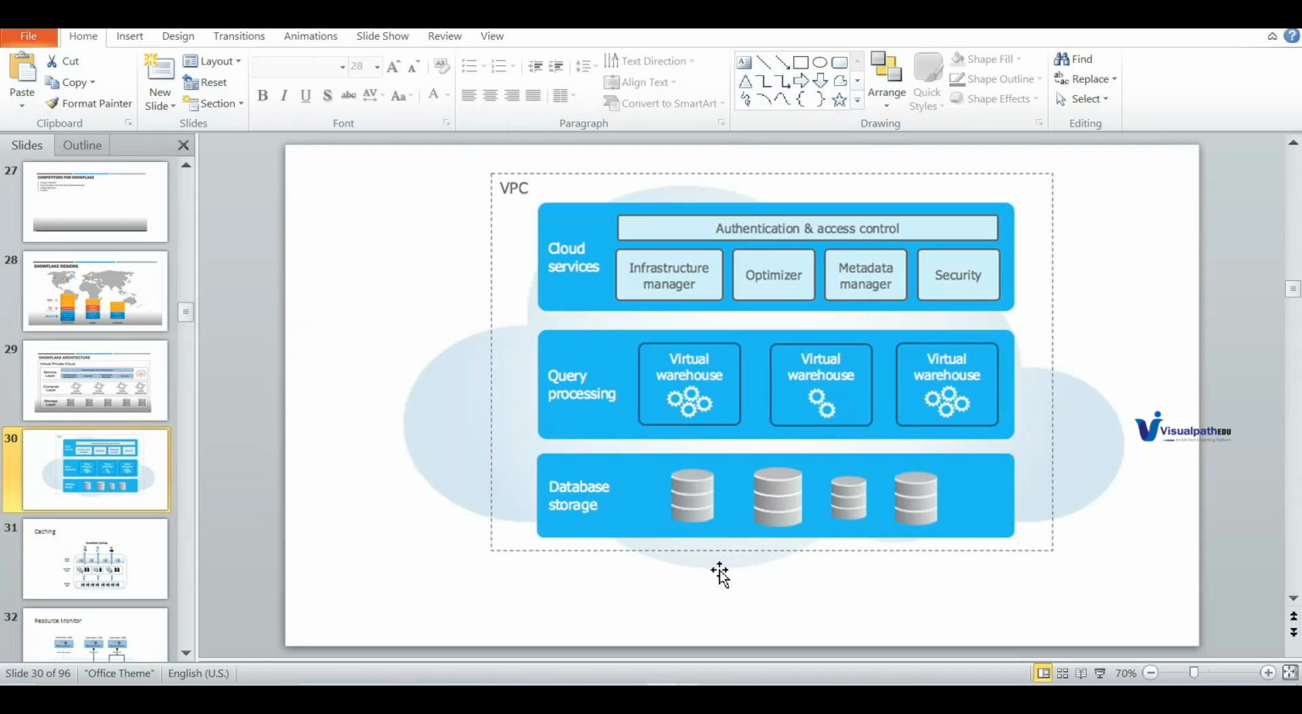Can you see, we have four databases here? You can have n number of databases. Slowly you'll understand once we go to the front end. And what is this query processing? See, virtual warehouse is nothing but for the timing. What you can understand is, depending upon the virtual warehouse size,